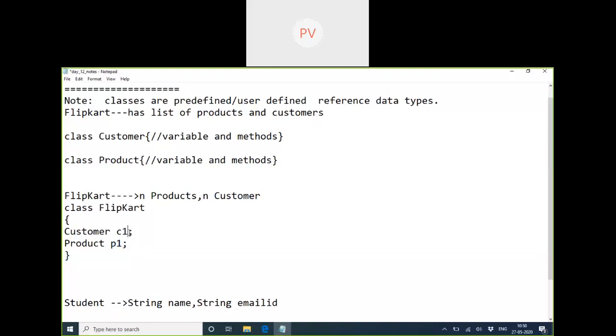Here it is only a reference. To have an object, we should have written something like this. So this is one customer. That means now inside Flipkart, what do we have? Products.